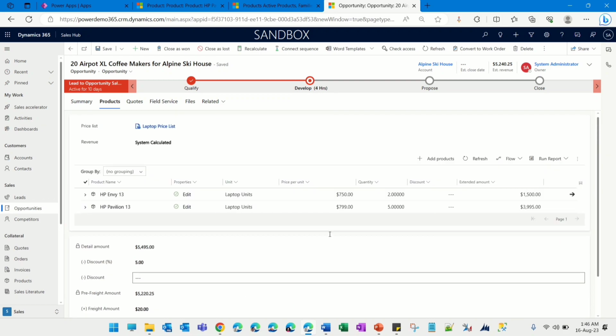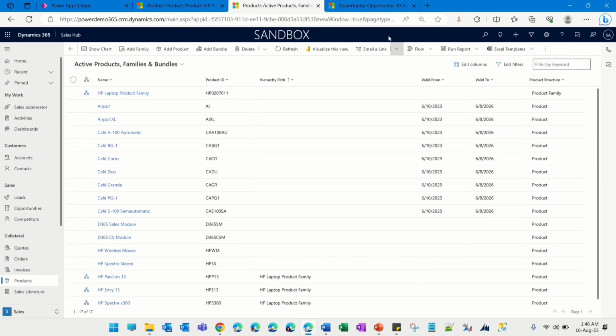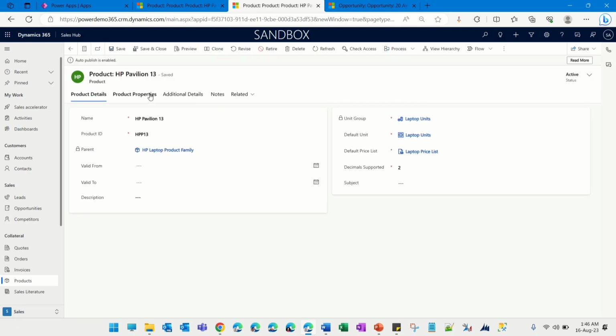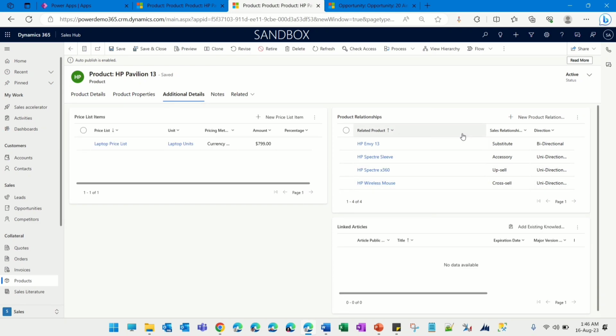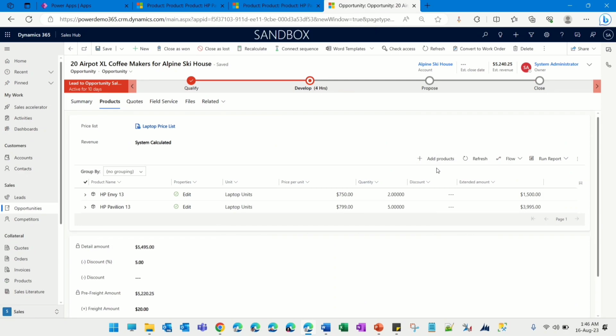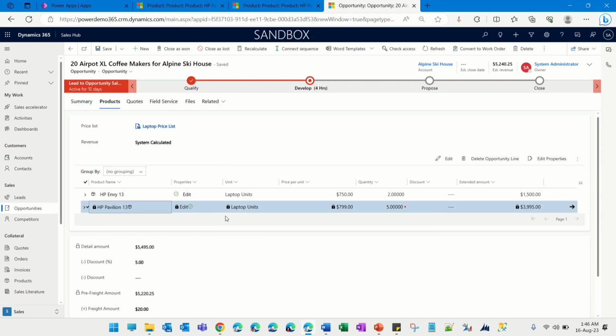Now, as we have seen in the product, the products are related to different ones. So here, if I go to HP Pavilion once again, and I see the additional information that this is related to these 4 products, how do we get that information? I'll go back to my opportunity and I select my HP Pavilion here. Once I select, we can see that there is a change in the ribbon. There is an option of edit. What does edit mean? I can go ahead and edit the product